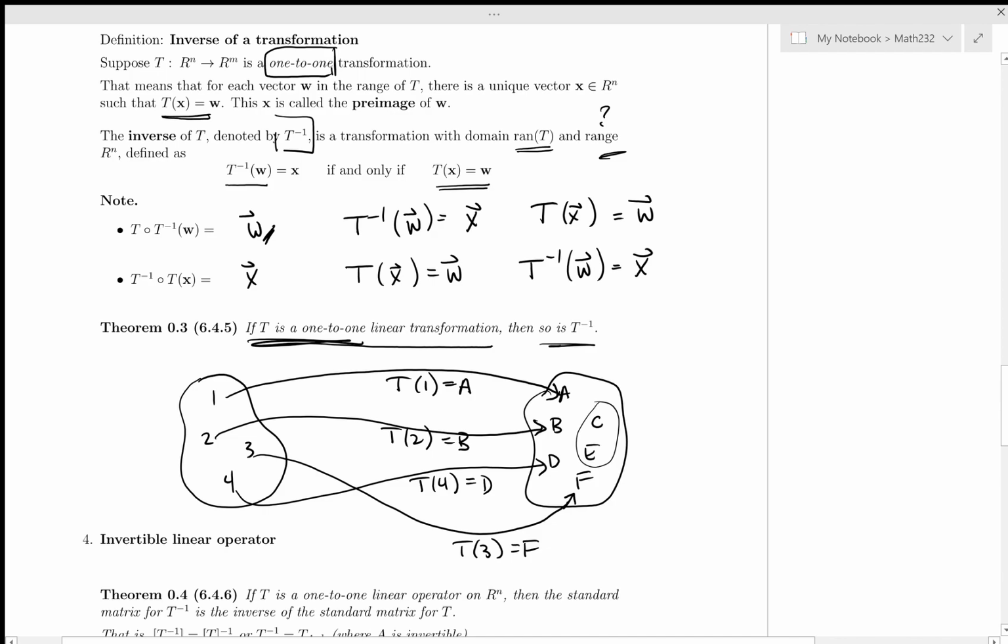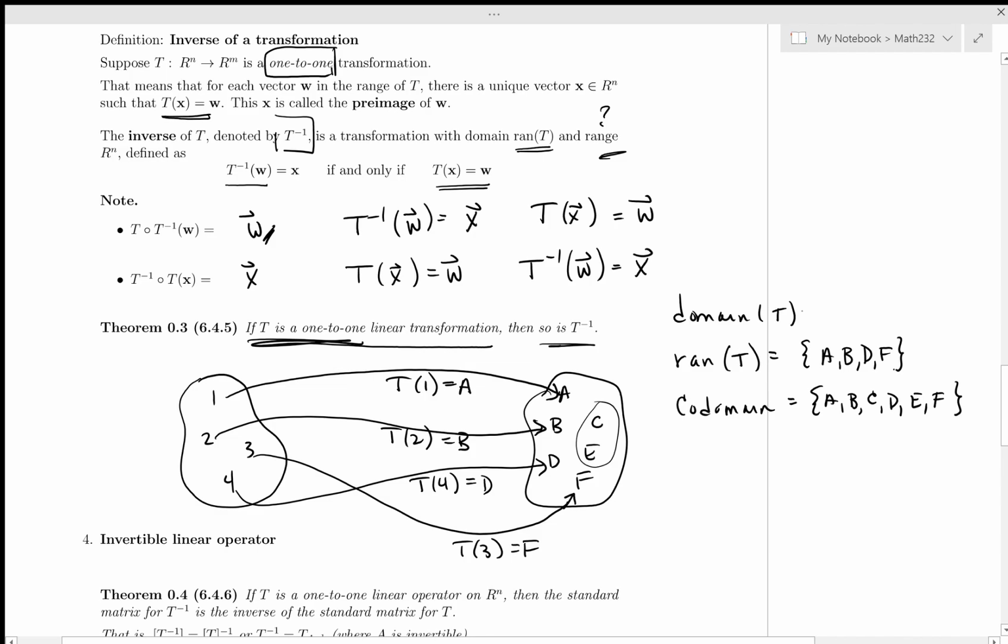Okay, so what is the range of T? The range of T is equal to A, B, D, and F. Okay, the codomain is equal to A, B, C, D, E, and F. Okay, the domain of T is 1, 2, 3, and 4. Okay, now our